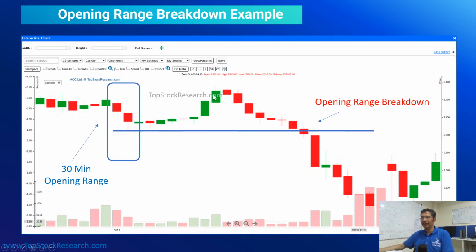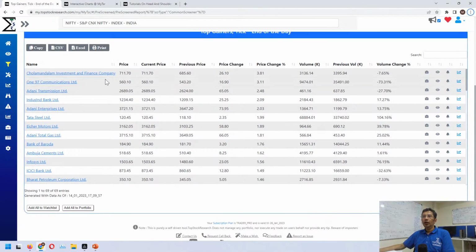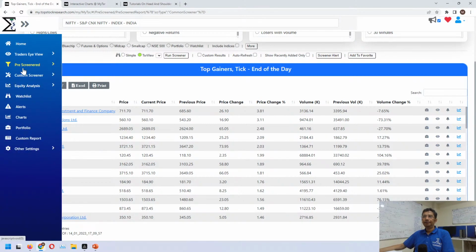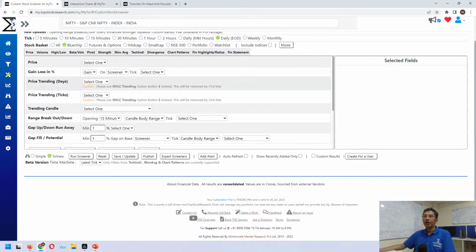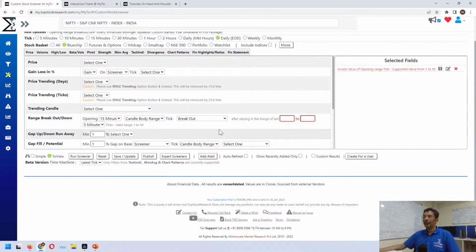How do we find this in the screener? Go to the DIY screener. You have an option of range breakout and breakdown. For the initial 15 minutes breakout, you can look at a candle body or a high-low range, anything. Breakout is one thing where the range has been broken. The meaning of a breakout would be best when it is